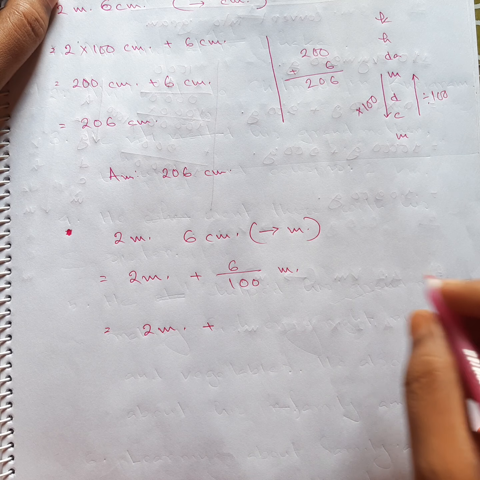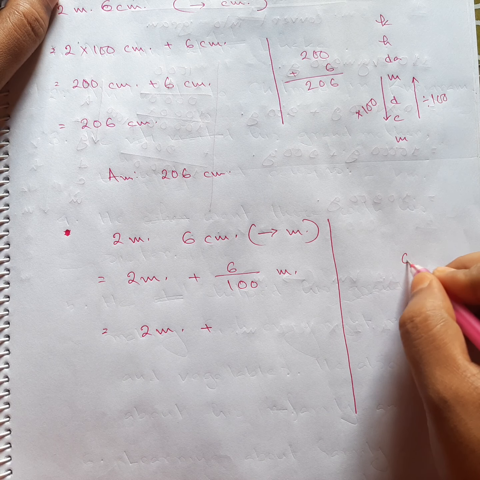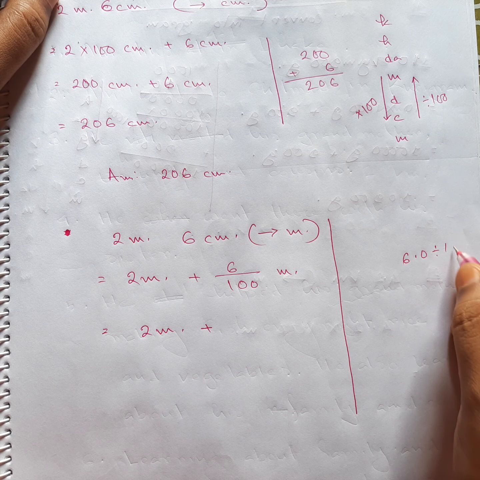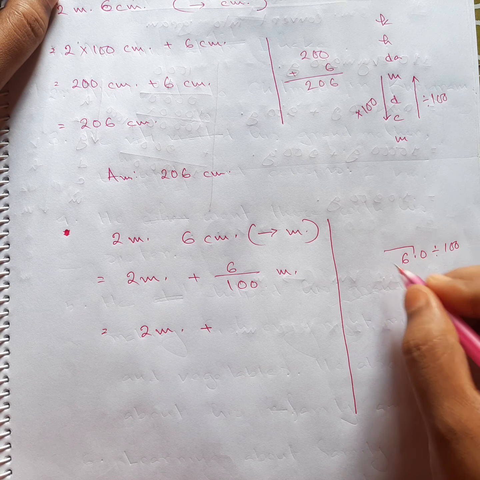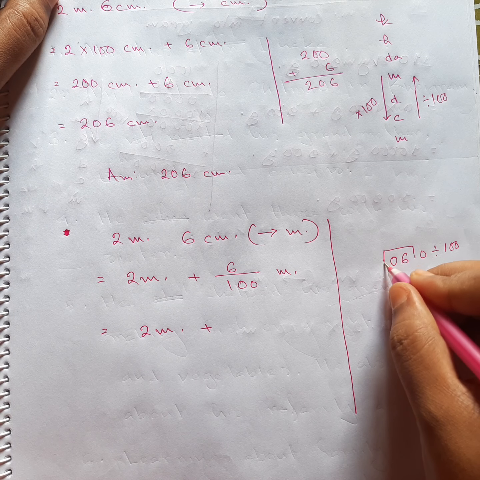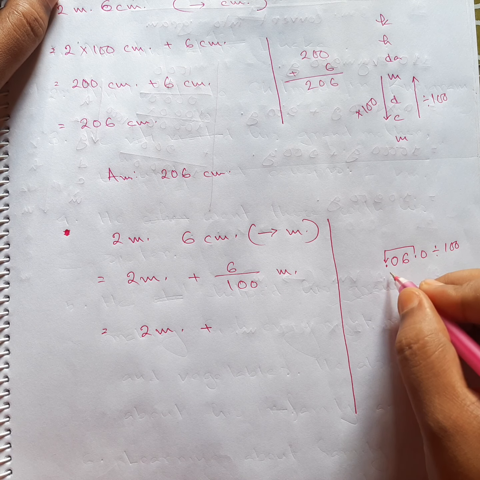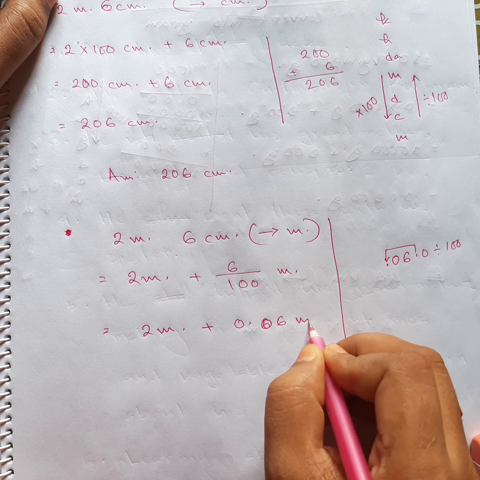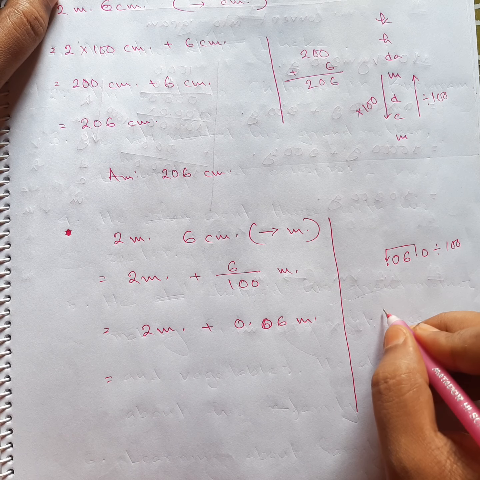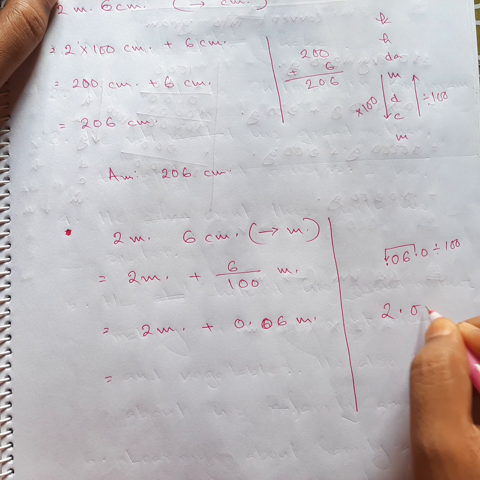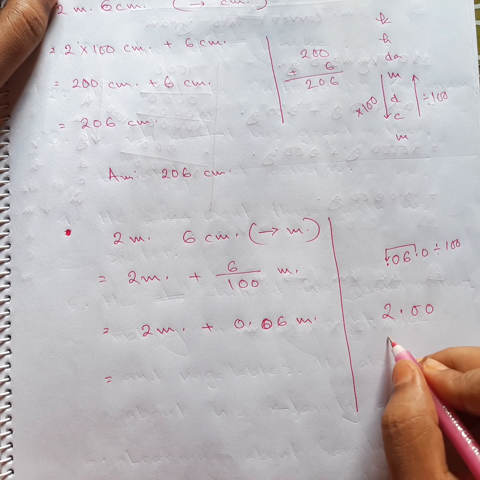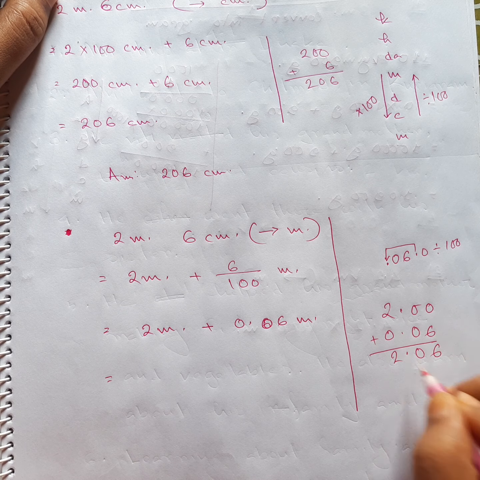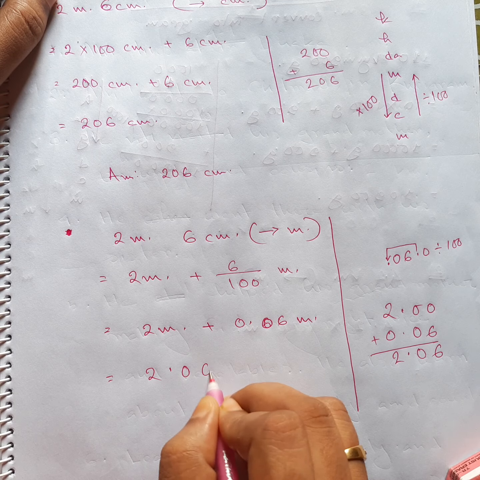Now let's write the thing. The decimal was on the back of it, but as you know that we are actually dividing with 100, the decimal will jump 2 digits. We don't have 1 digit, so we are going to just put it over here. Correct? This will come over here. Okay, so it will be 0.06 meter. Now adding this to decimal, as we have 2 digits, we are going to put 2 zeros over here. 0.06, 0.2, so it is 2.06 meter.